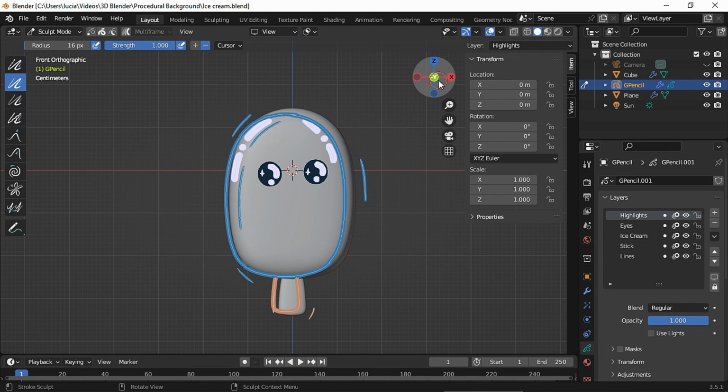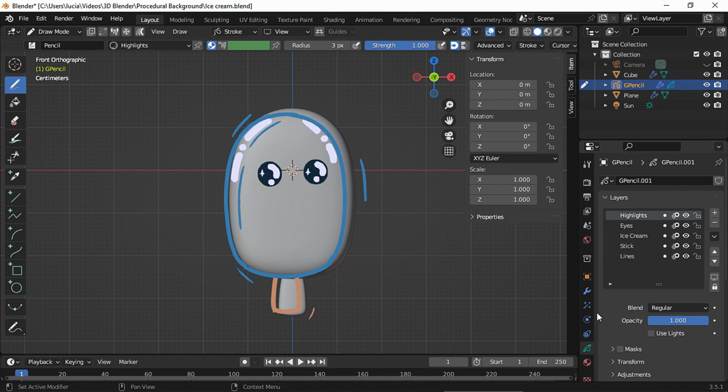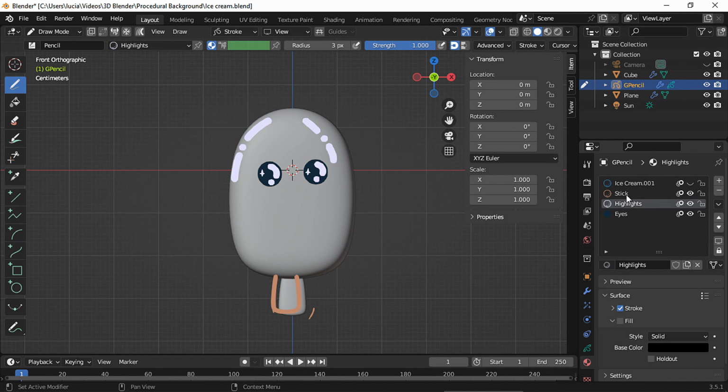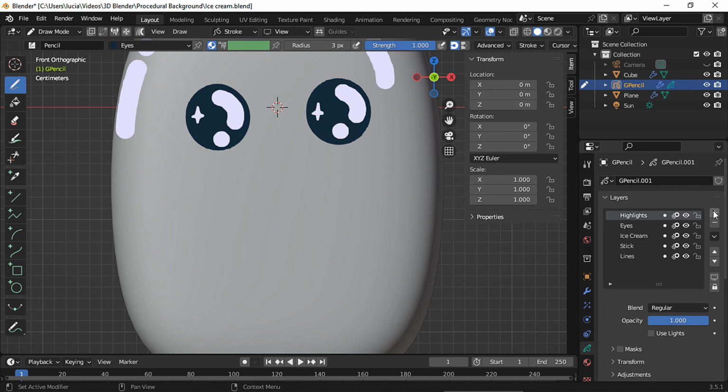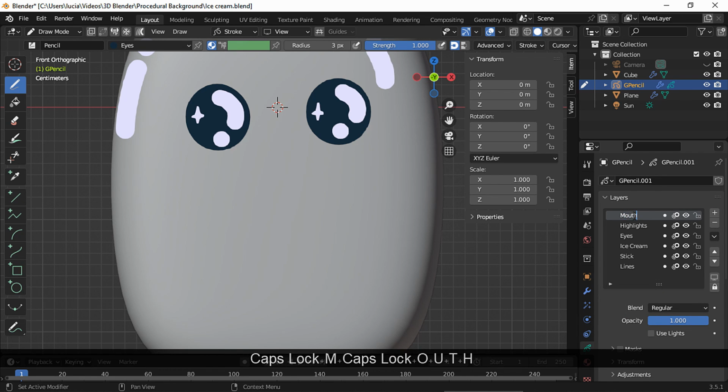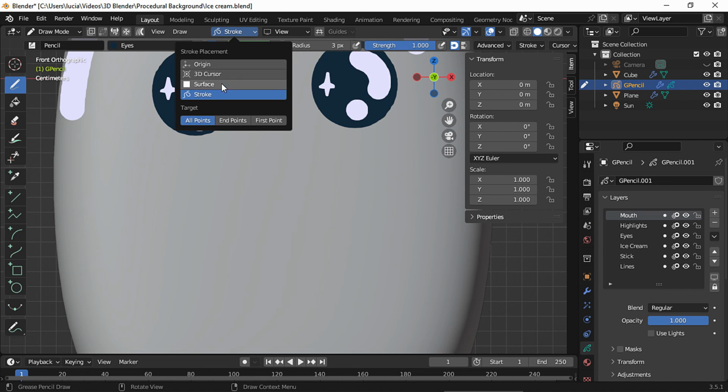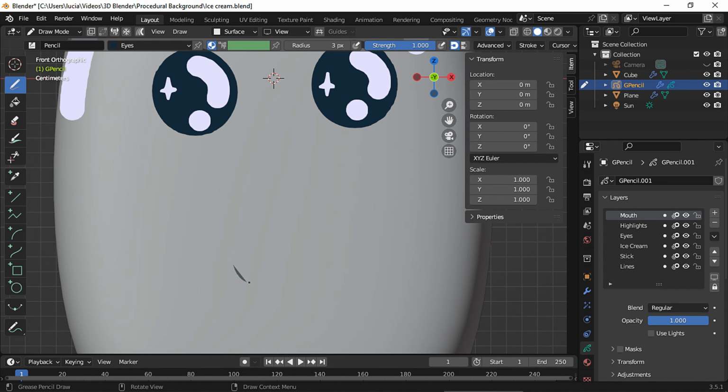Let's draw the mouth. Select the eyes material, add a new layer. Set surface as your stroke placement and draw the mouth.